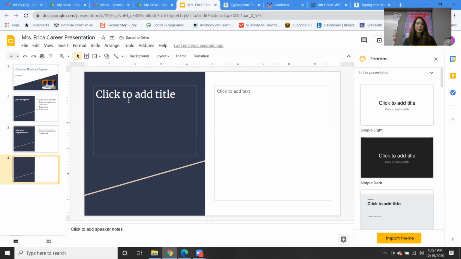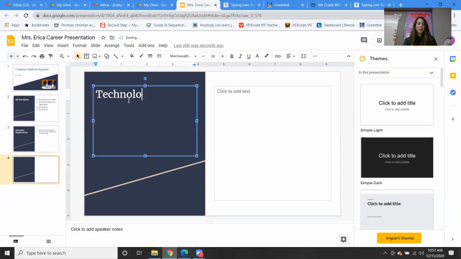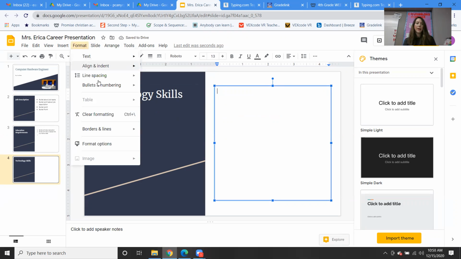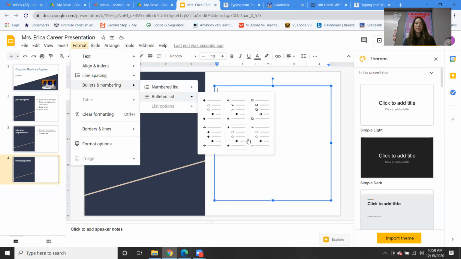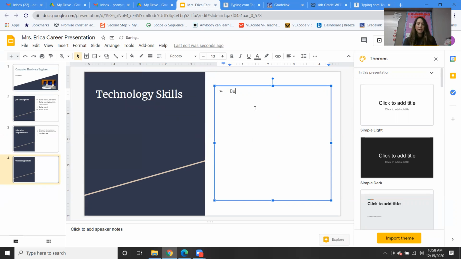So now we want to focus on technology skills. And again, go to format, bullets and numbering, and then add in a bullet point about technology skills, and add a bunch of bullet points, okay?